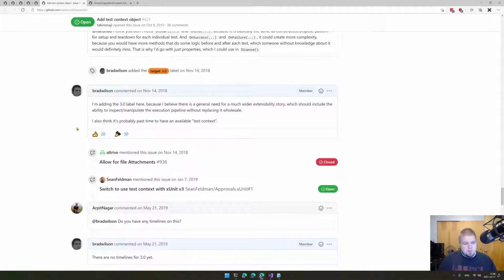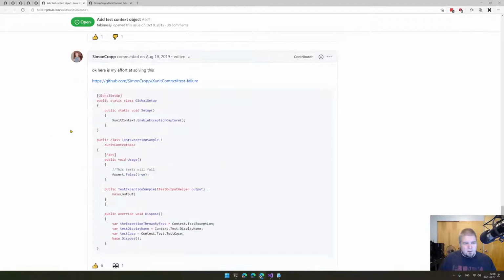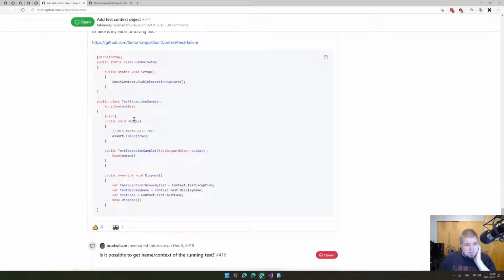This is me saying we're going to put it in 3.0. And then Simon has an implementation of something that kind of works, but it, of course, requires global setup and